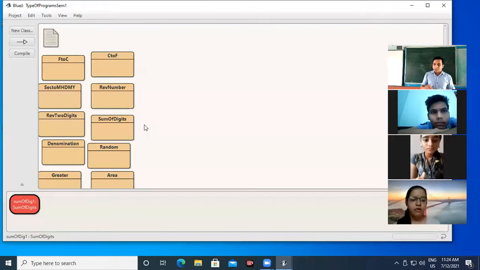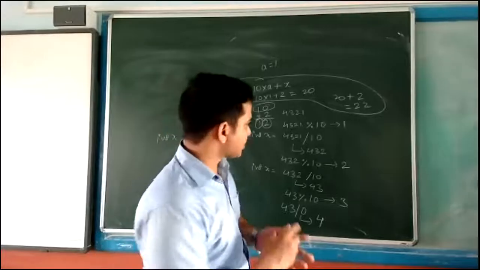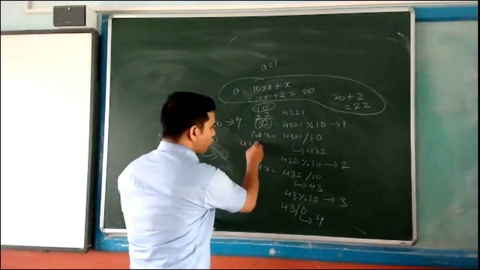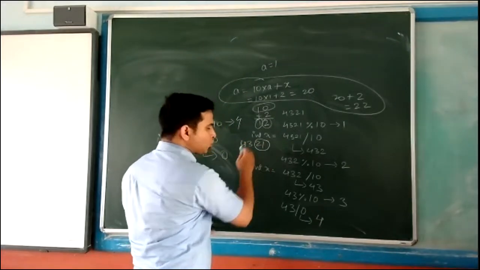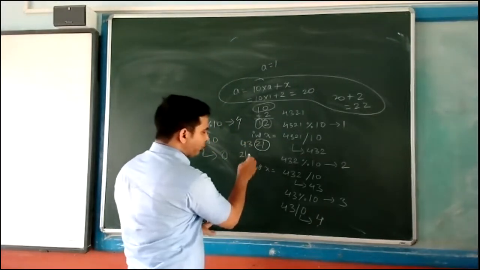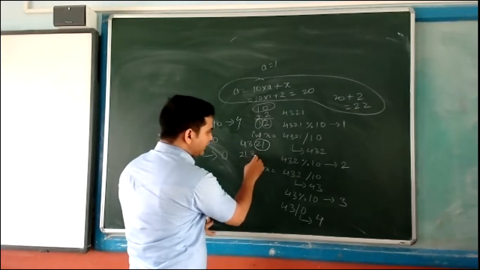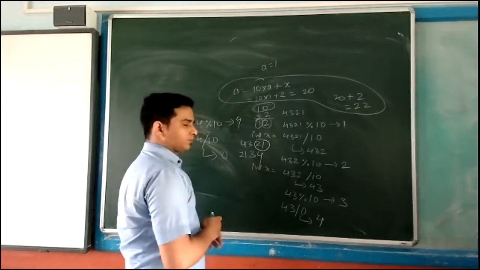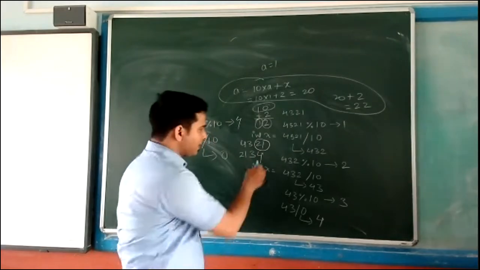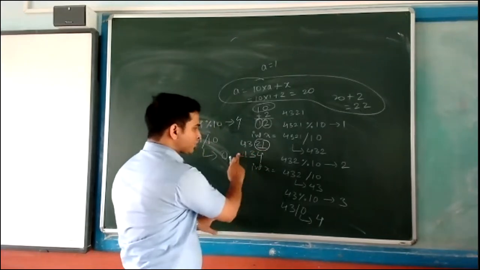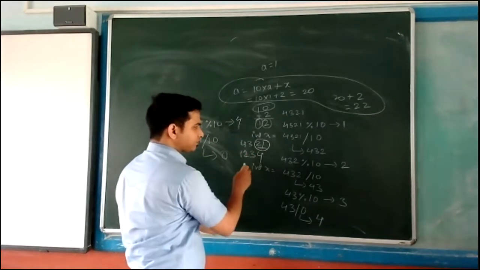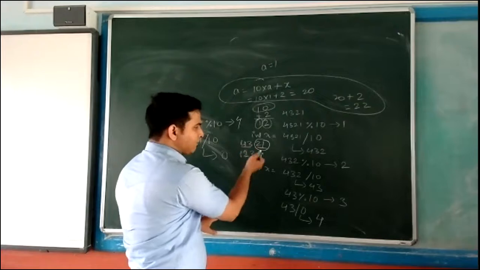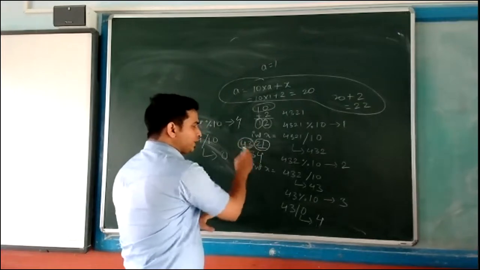Okay, next I am going to reverse only 2 digits. For example, if the input is 4321, I am going to separate these 2 digits, meaning the output will be 21 and then 34. Okay, meaning reversing the last 2 digits, sorry, that is 12 and then reversing these 2 digits.